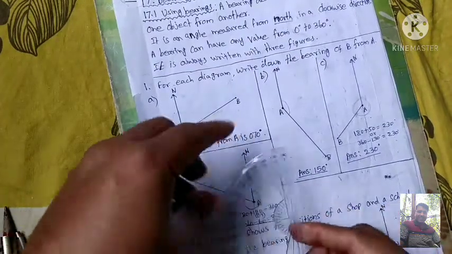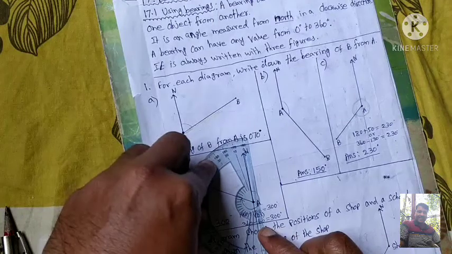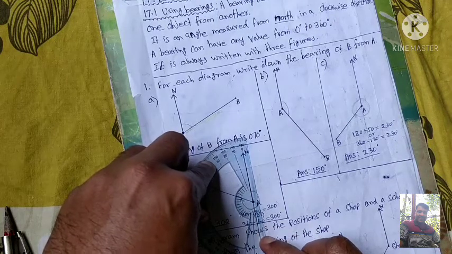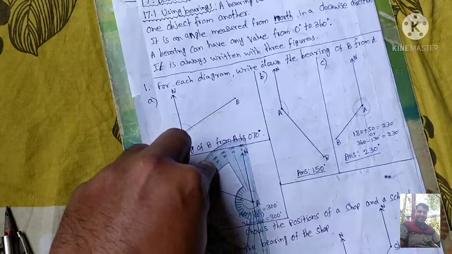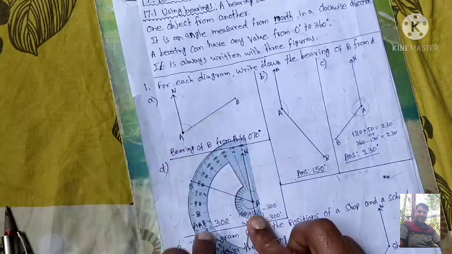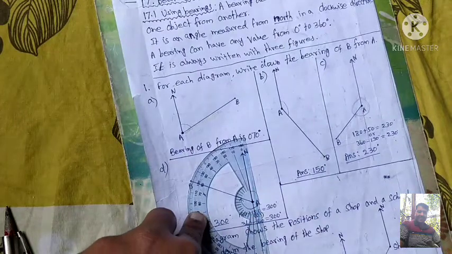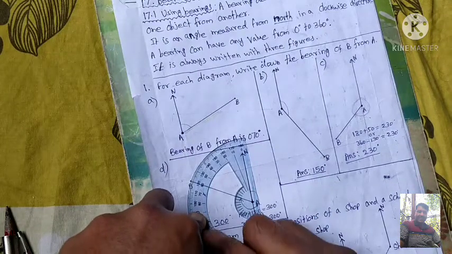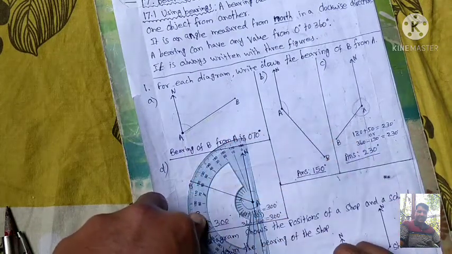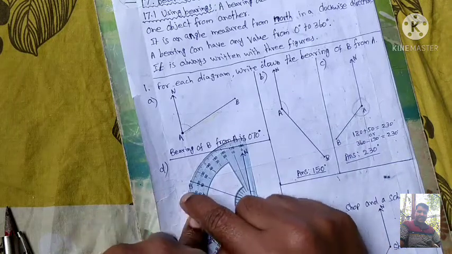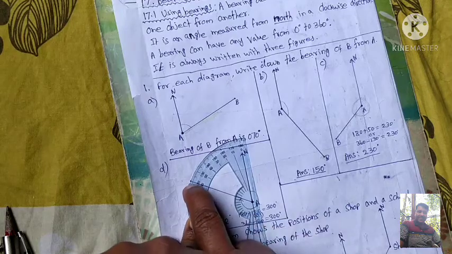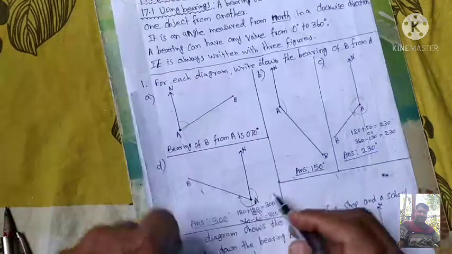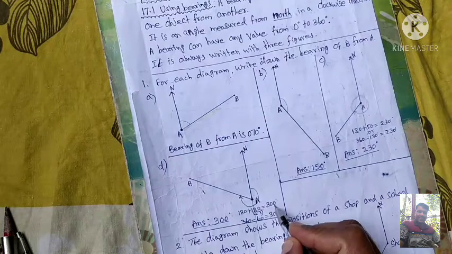So we are going to measure here. So put your protractor here and measure it carefully. Center point must be on the A and the line must be on the straight line, okay. So now I measured here. So from the 0 I am starting from here, is that right guys? So we are measuring from this way to this way. So 0, 10, 20, we are measuring here. So this is the top side of that. So we have to take the top side. It is 120 degree. So 180 plus 120 equal to 300 degree. So we got the answer 300.